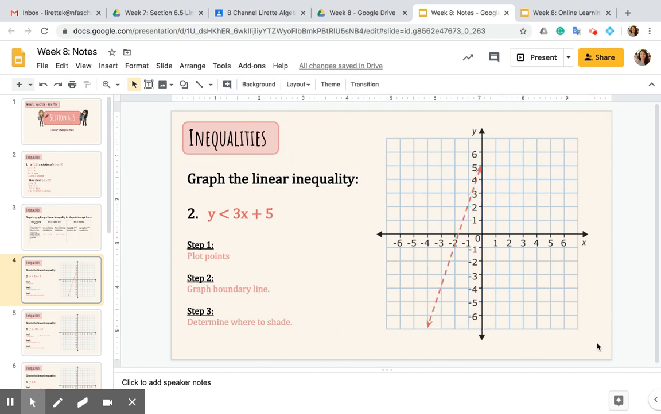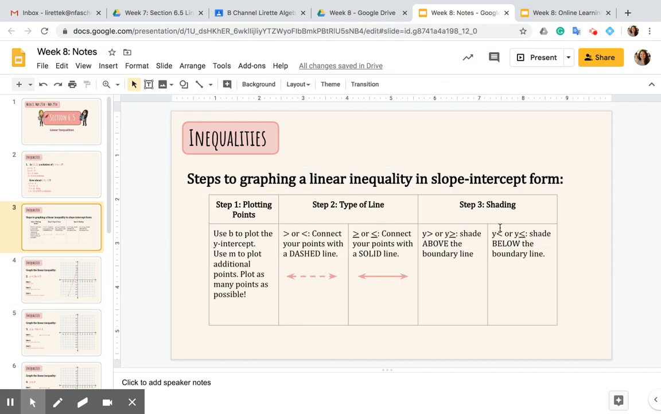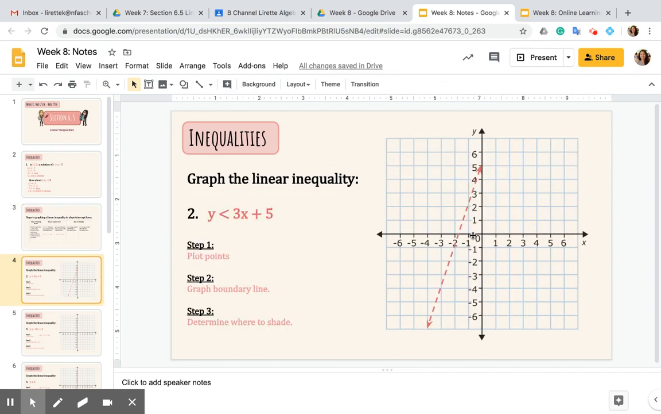And then the last thing that I need to do is I need to determine where to shade. Do I shade above this line or below? That's when you look at the Y in the symbol. If it says Y is less than, any type of less than symbol, you shade below the boundary line. And the easiest way to figure out what's below, put your finger or pencil or cursor on the line and move vertically down. So that brings me to this region of the graph, and it's this entire region that gets